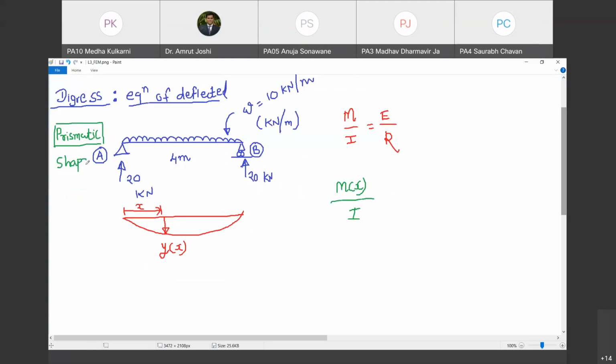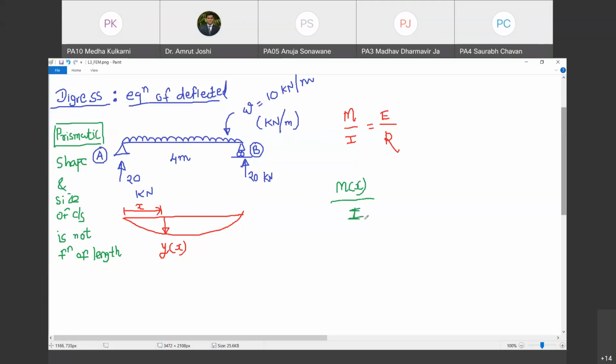So what has to be preserved? Shape and size of what? Of the cross section. It is not a function of length. Are you with me? Yes, sir. If it is like this, then we call that member a prismatic member. So if the beam is prismatic, cross-sectional shape and dimensions are not going to change. So how will I change with reference to X? I won't change. Therefore, I is not a function of X, so I have not written I of X. Do you agree with me? Yes, sir.